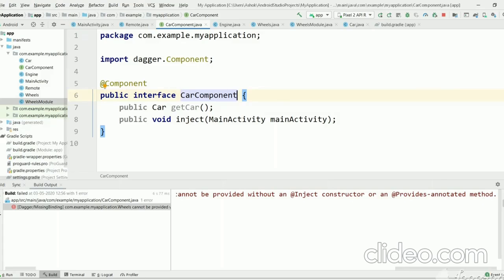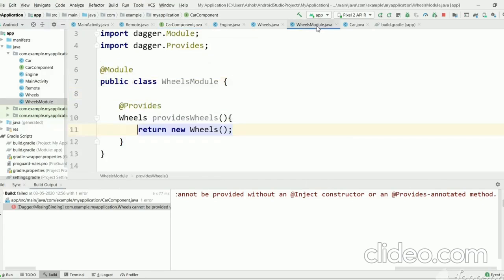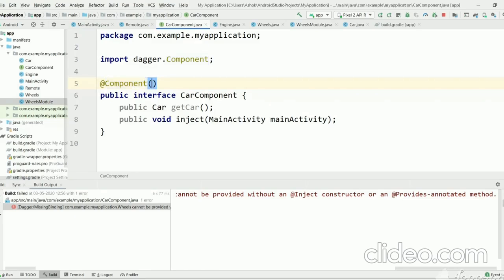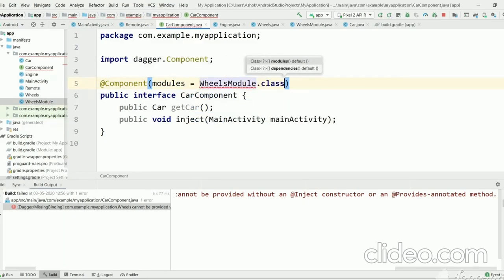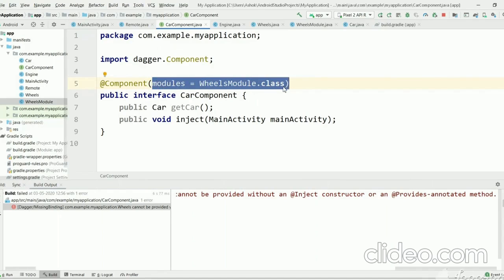For this component we need to tell it to use this module to create Wheels, because previously we were getting an error. Now we will tell Dagger modules equal to WheelsModule.class. Now Dagger knows how to create a Wheels object. Every time it wants to create a Wheels object, it will use this module. We don't need to create it manually using the new keyword everywhere.